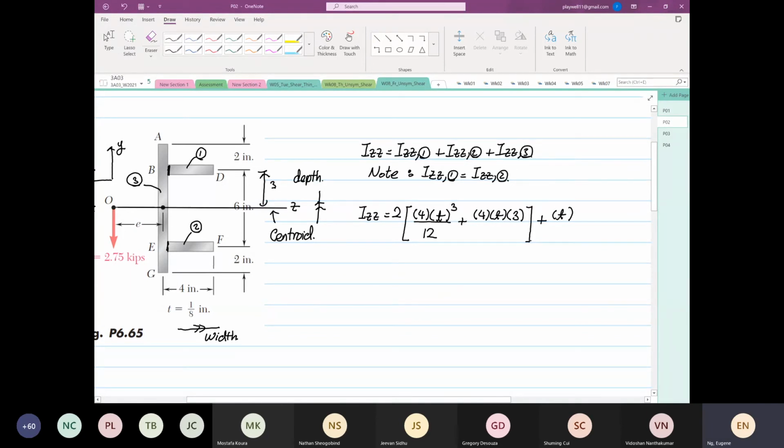The width is T. The depth is 6 plus 2 plus 2, which is equal to 10. Power 3 divided by 12. So this will be equal to